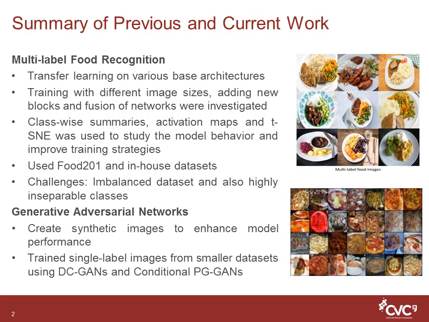Food recognition is a very highly complex computer vision problem because food images in general are very ambiguous and the number of classes to be recognized is also very high. Food images have a very high intra-class variance and a low inter-class variance. This makes food image recognition a very complex task.